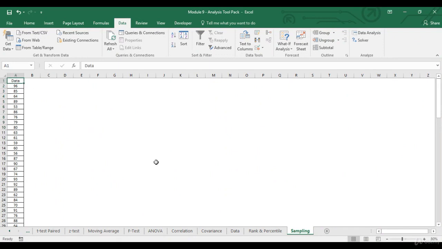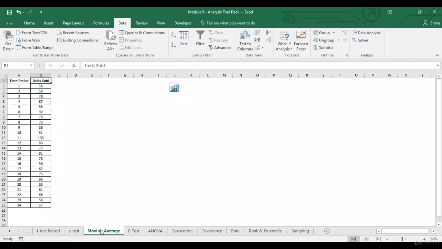Now the next option which we'll discuss is the moving average. So basically a moving average is used when we've got time series data, that is data which has been taken over time, like electricity expenditure over days, or say stock price of company ABC, or units sold of a particular item over time. Now moving average is used to smooth out the short term fluctuations or maybe seasonal fluctuations and highlight longer